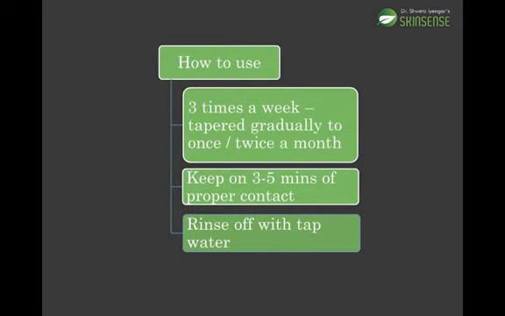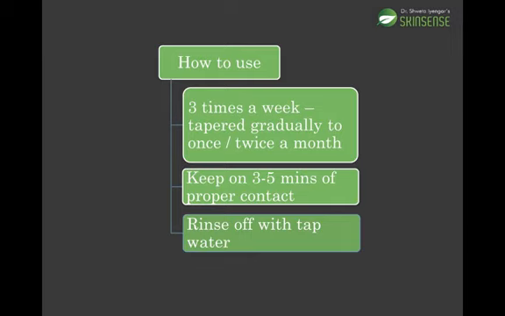Now coming to how to use an anti-dandruff shampoo. If you have severe dandruff, then it's a good idea to use it 3 times a week, because we might be dealing with a fungal infection like we said in chapter 1. So we need to get rid of the fungal infection, and to get rid of the fungal infection, the more the contact, you will get results better. In fact, with very severe and very resistant cases, especially in guys or with girls who do not have very long or thick hair, I have even spoken to them and made them wash their hair every single day for 10 to 14 days till that infection totally goes away.